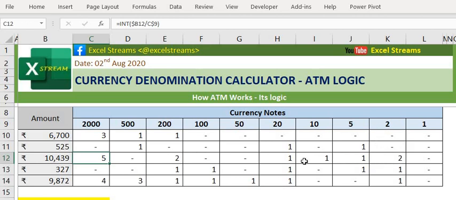Okay, so this is the currency denomination calculator. तो इसने क्या किया है? आपको ये निकाल के दे दिया है कि आपको किस करेंसी के कितने कॉइन्स चाहिए या कितने नोट्स चाहिए बेसिस